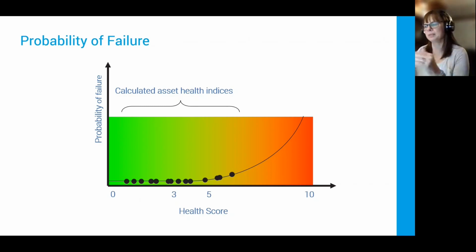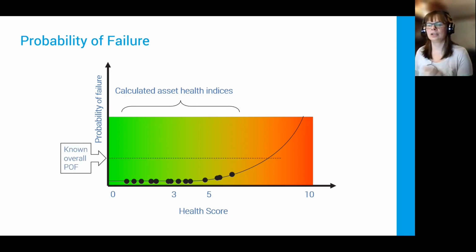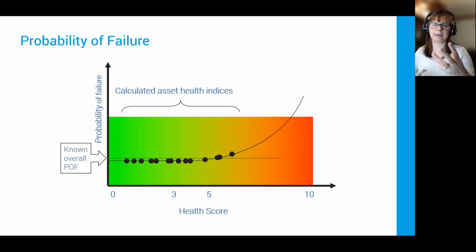Imagine putting little dots all the way across your probability of failure curve, and then you've got your known probability of failure, which is derived from your failure rate, and if you put that in as well, then you can calibrate and move those assets to the point on the scale where it meets that failure rate,